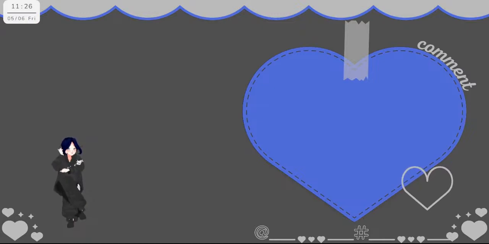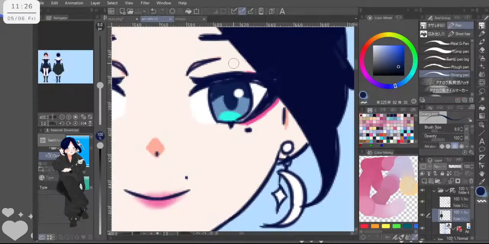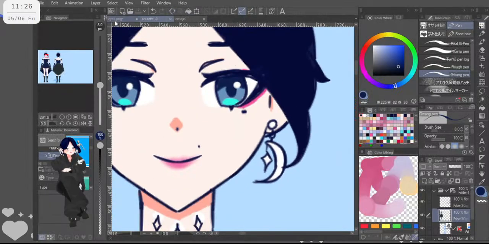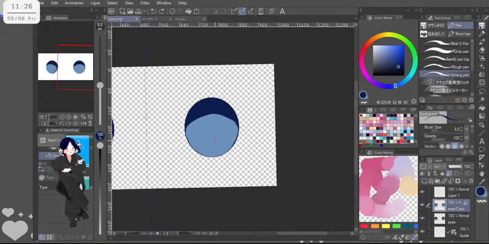Because I can't even go back to my home screen, the desktop screen. So let's just work in this one, just to waste some time, burn some time.